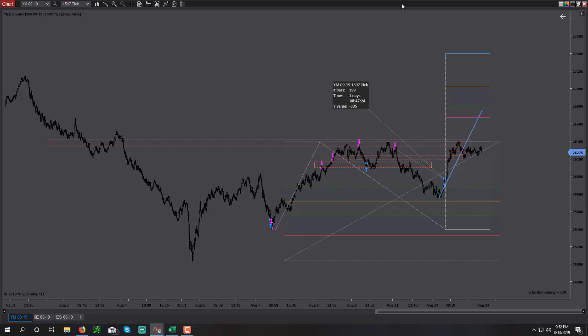I'm glad I managed it somewhat aggressively, and was a little more aggressive in trailing on the structure. Otherwise I would have had considerably less profit, since I would have locked in half the distance between the 38 and the entry. But it worked out. I bent the rule a little bit,